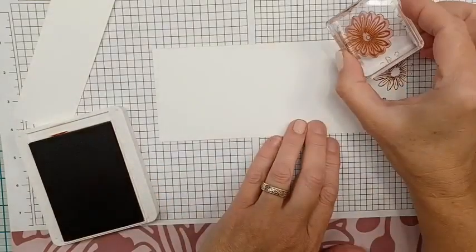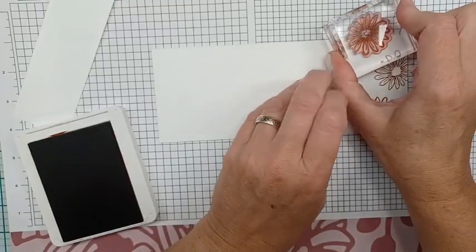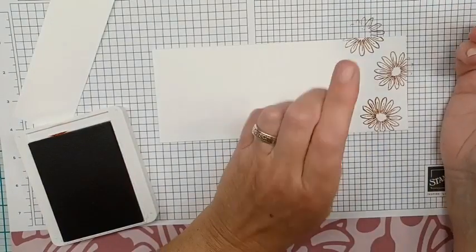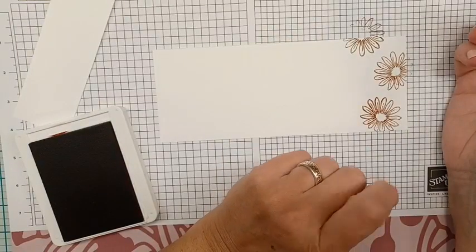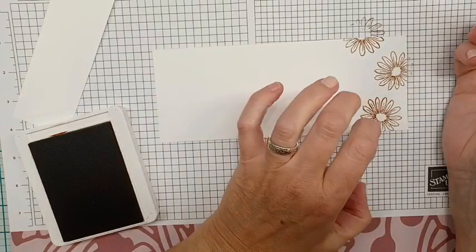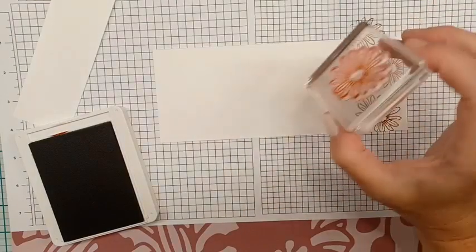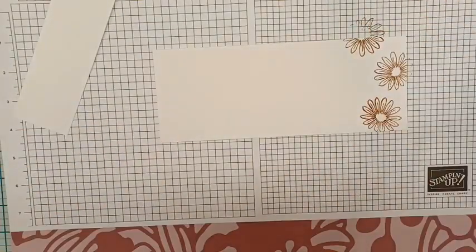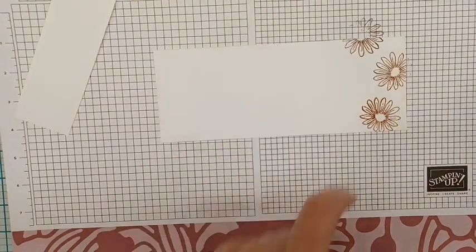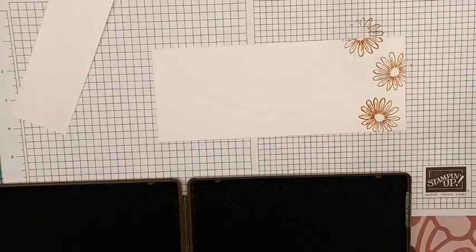And I'm just going to do a little bit hanging off the top. Now, I don't want to crowd it too much because we're going to be using a lot of different things in here. And it's easier to fit it in with the space around than if we try to just shove it in too close together. So I'm going to close up my copper clay, clean my flower,